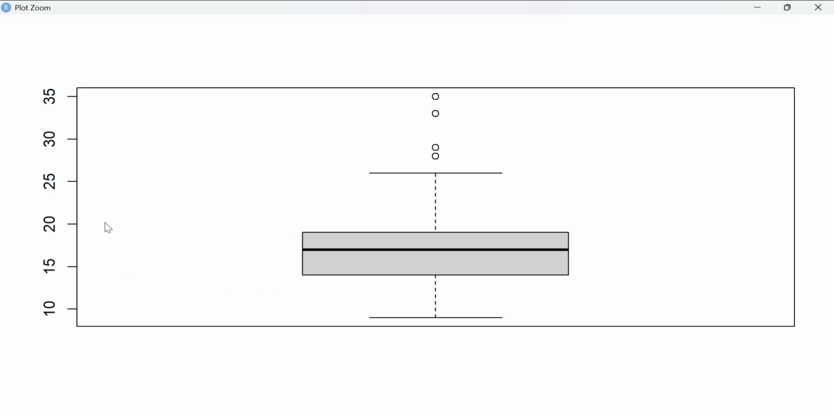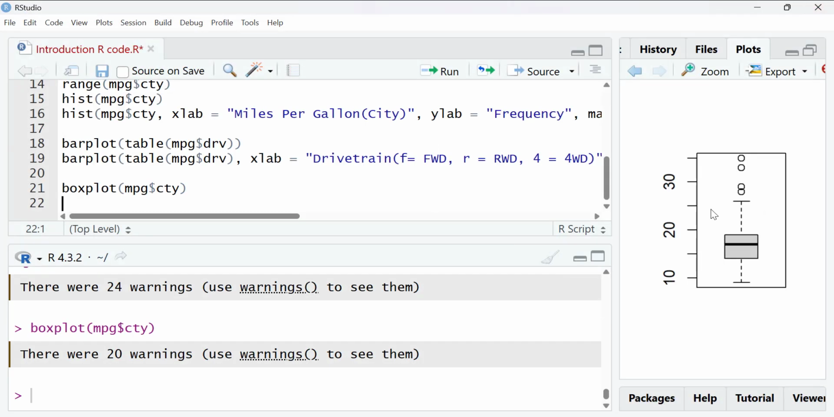Q3 is close to 20. So if you look at this box plot, it looks like it's normally distributed, right? The center is somewhere around 17, and then it's normally distributed. That's what we see from the box plot. And again, we can